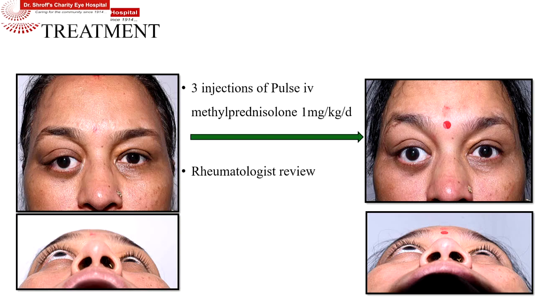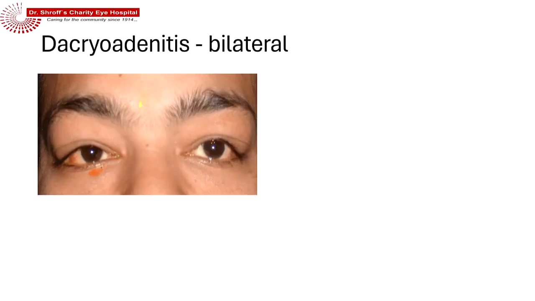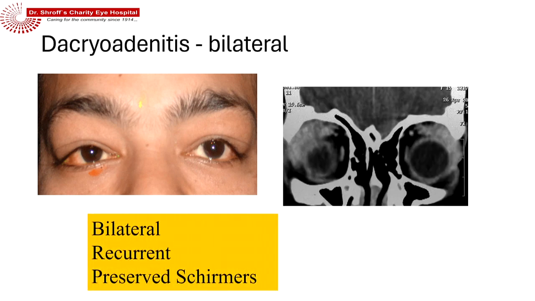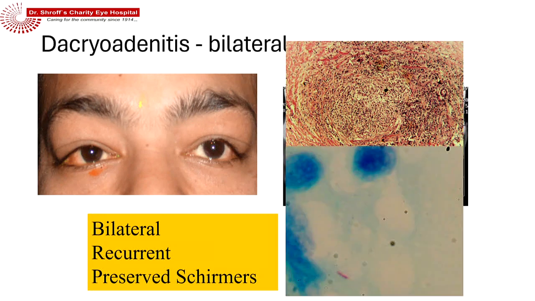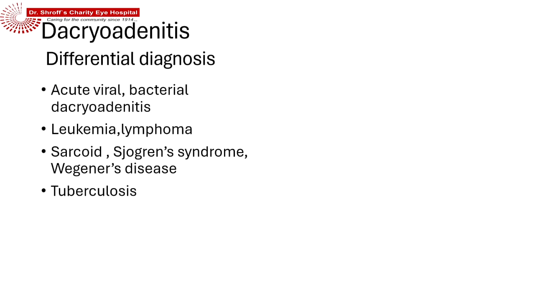Again, it is important to recognize it because these are more recalcitrant to treatment, need high-dose steroids, and sometimes do not resolve completely with steroids and might need some surgical debulking. Just also not to forget about infection, which can sometimes involve the gland. This gentleman had a bilateral dacryoadenitis presentation, but on biopsy we picked up caseating necrosis, and there was actually AFB present, confirming a diagnosis of tubercular involvement.